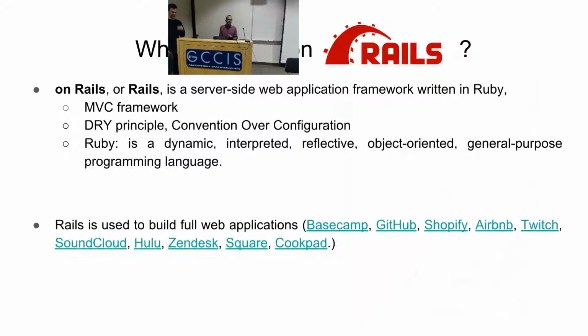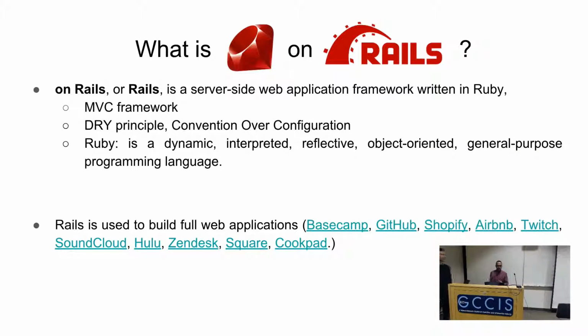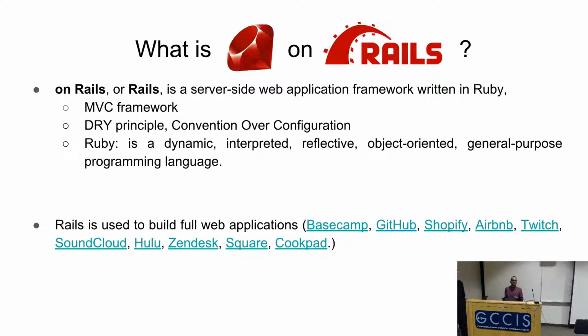So what we're talking about today is Railroad Bandit. That's for Ruby on Rails. So what is Ruby on Rails? Rails is a web framework for Ruby. Think of it as like Flask or Django for Python. It's an MVC framework, so model view controller. Think back to CS2. It uses the DRY principle, don't repeat yourself, and convention over configuration. You don't have to configure a lot of files to make your services work. You just need to use the conventions of Ruby programming. Ruby is a dynamic, interpreted,